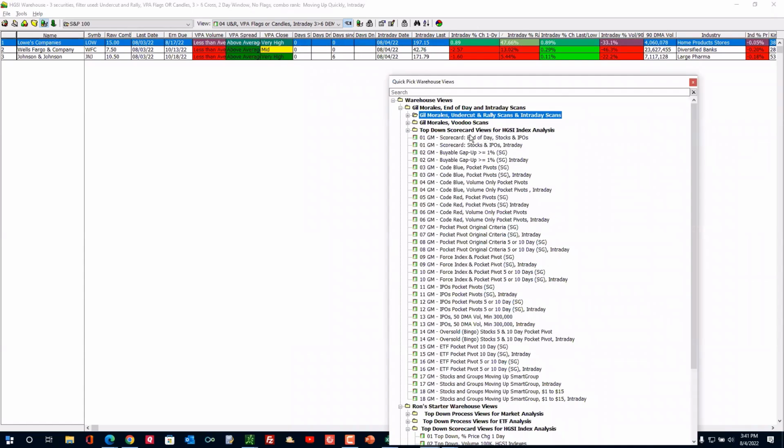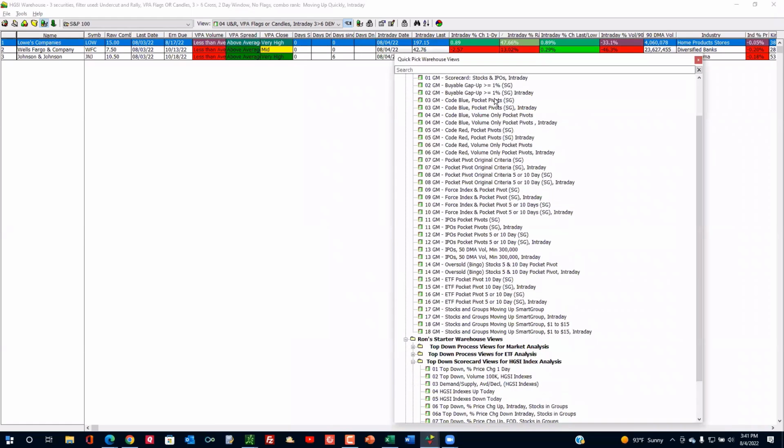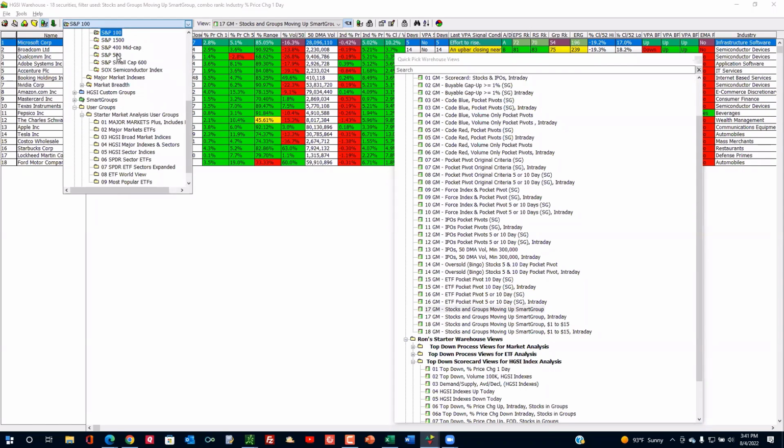So I covered that. These are all of its older ones. I'm not going to go over those because time goes too quickly, but I do want to point out these stocks and groups moving up. These are from last night. This is a group that he always looks at. Now, it's not showing 100 because I'm in the S&P 100, and this is kind of cool. So if you want to know which of the stocks in any of these groups were going up in this smart group last night,